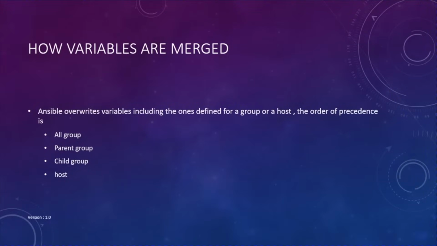Hey guys, in the last few lectures we spoke about host and group variables. By default, variables are merged or flattened to the specific host before a play is run. This keeps Ansible focused on the host and task. So groups don't really survive outside of inventory and host matching. Ansible overrides variables, including the ones defined for a group or a host. This setting is controlled by